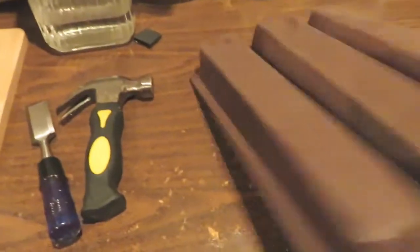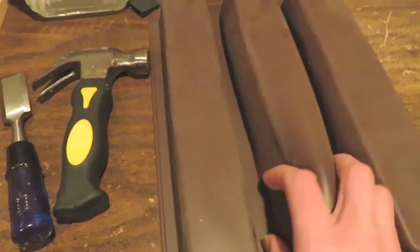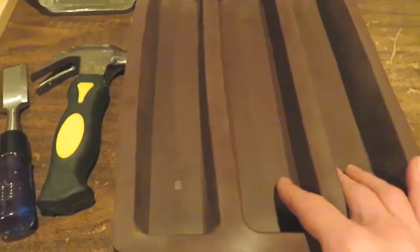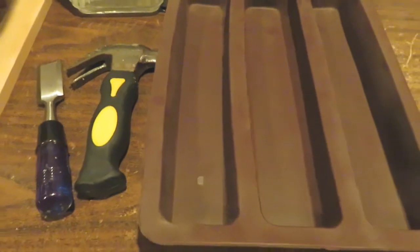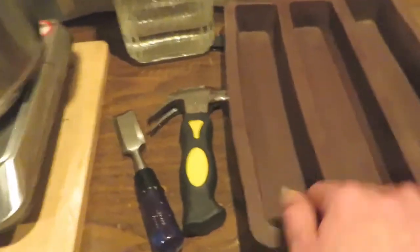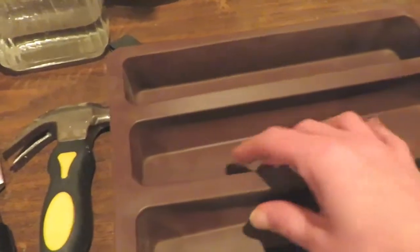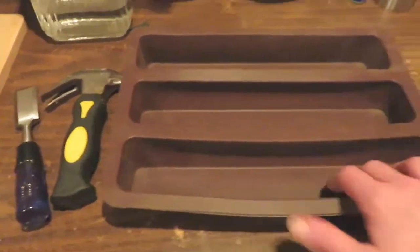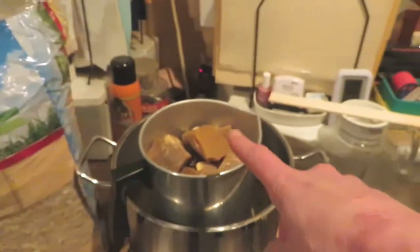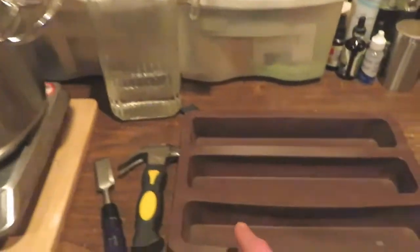And then this is a silicone brownie mold, basically, or cooking thing. And I bought it many years ago. I really didn't like it for brownies, so it's just been sitting out here in the garage collecting cobwebs and everything. And I think that'll be a good enough mold. And so I'll fill these little molds with the bedding, and then when that's melted, I'll pour the wax in